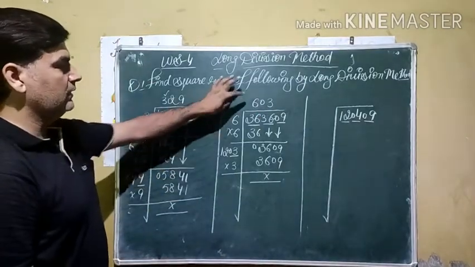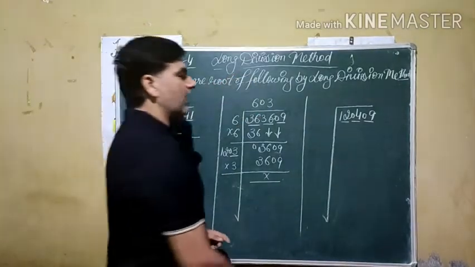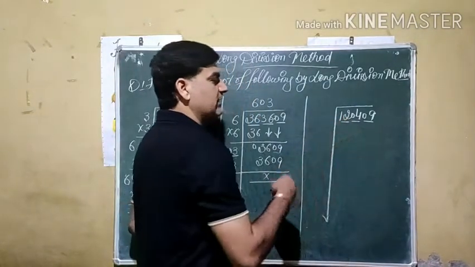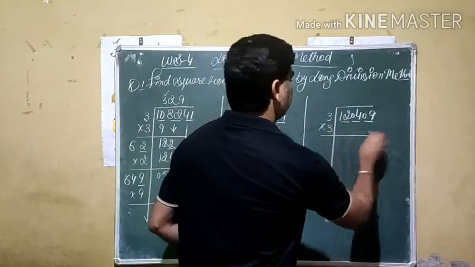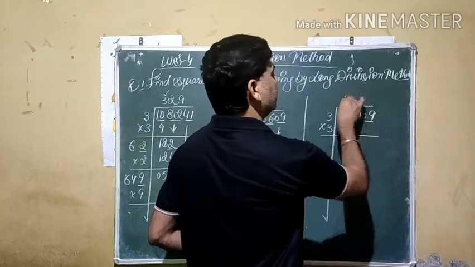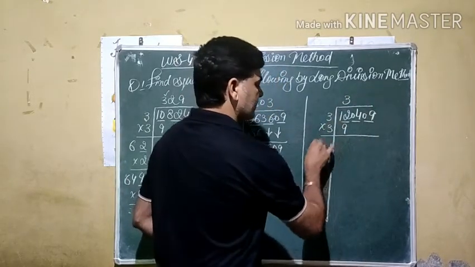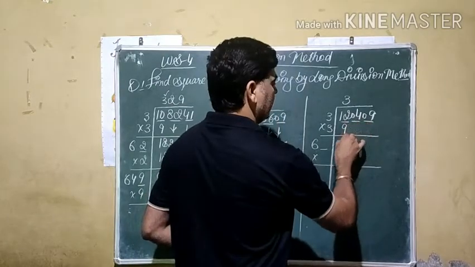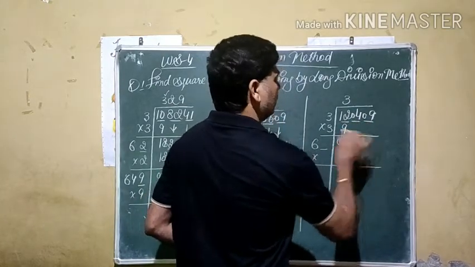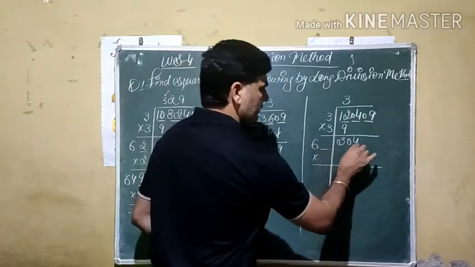So square root of 363609 comes out 603. Now square of which number is 12, otherwise less than 12. 3 square is 9, less than 12. But square of 4 is 16, more than it. Sum of these two, 6. We use 1 digit multiply same digit. Balance from here 304. As you know, for this digit we drop 4.